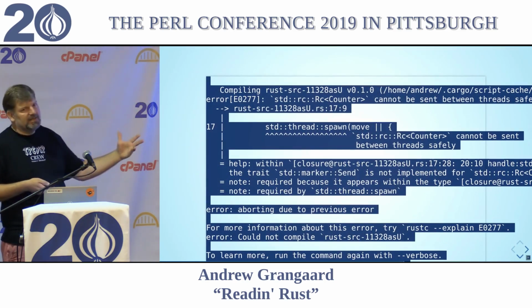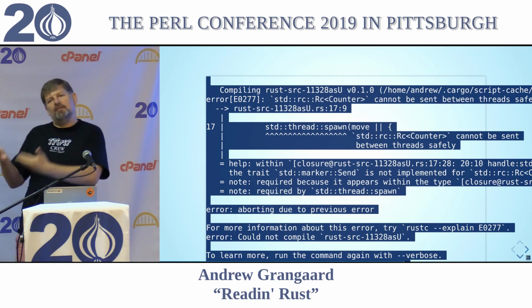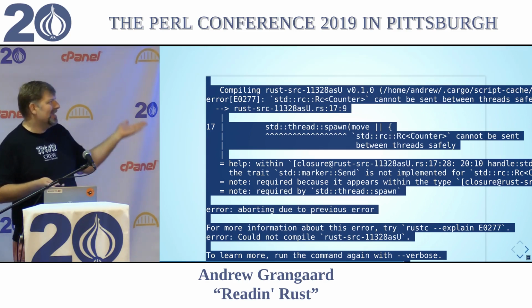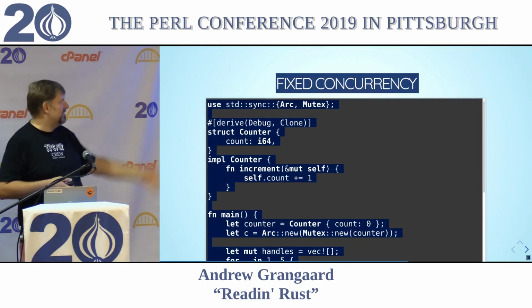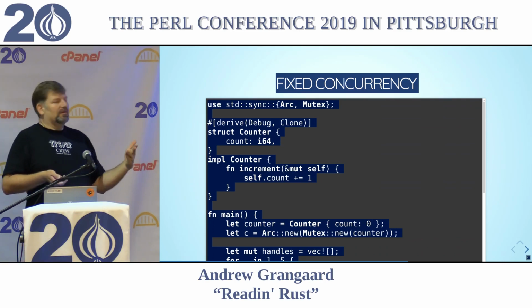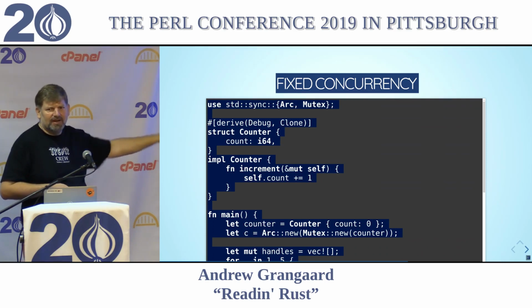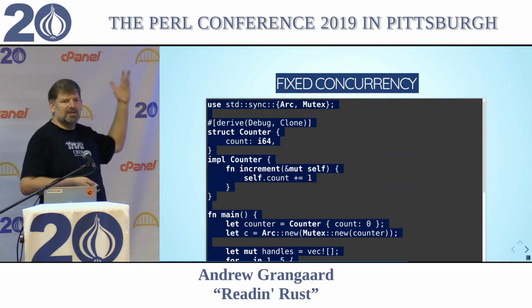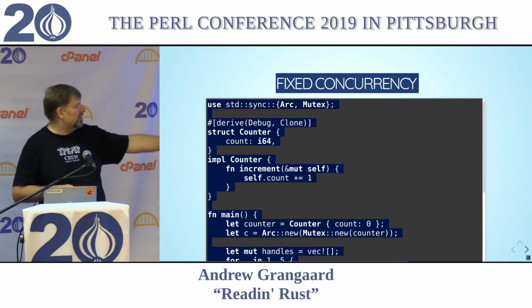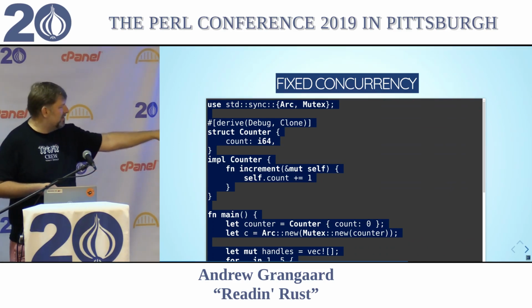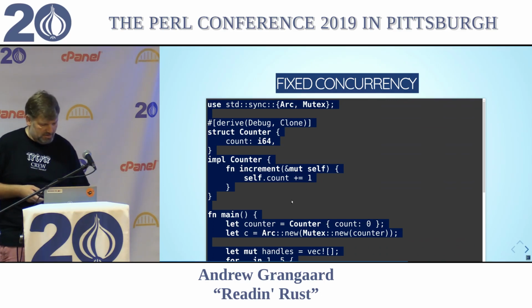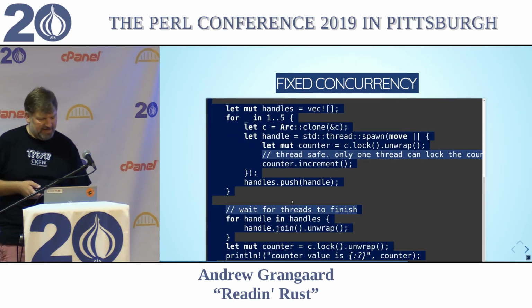But it says, whoa, an Rc is not thread safe because it's a little cheaper than an atomic reference counter. So you can't send that between threads. Like, oh, well, maybe I should try an Arc then, because it mentioned it right there. And so you get kind of low level, into the weeds, very low level primitives. There are crates built on top of these, but Arc: make a new Arc of a new Mutex that controls access to my counter, and then put that in my threads, watch the threads finish, and then check the value, and hey, it runs, and it's awesome.